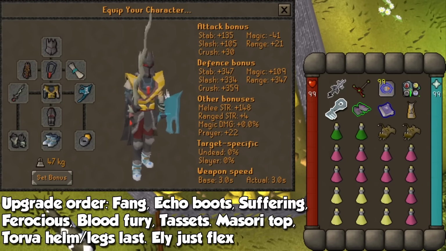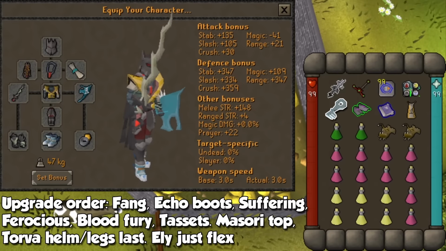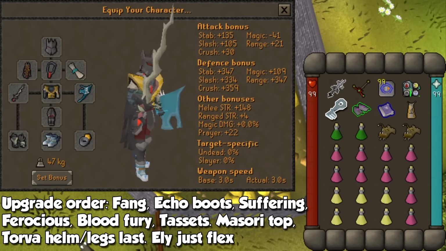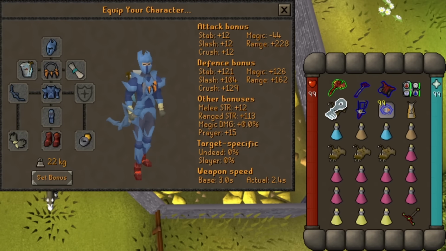Statistically speaking, our best in slot weapon here is a Fang because of its potent accuracy. So pair it up with Torva and Bandos, Ferocious Gloves, and the new Echo Boots for both the defense and prayer bonuses. Like I said before, this video will mostly focus on the easiest and safest way to do this,